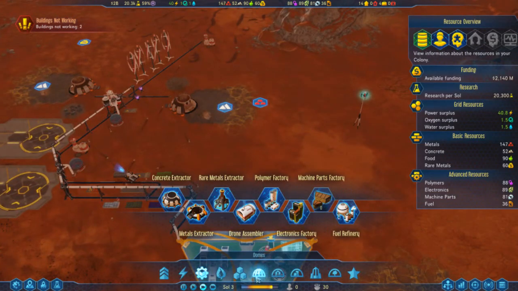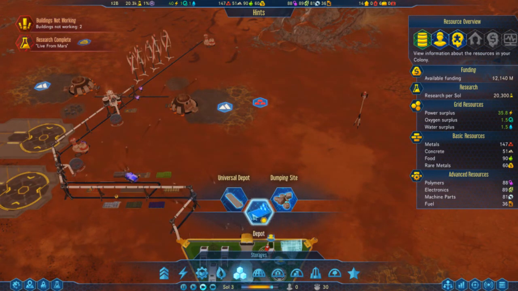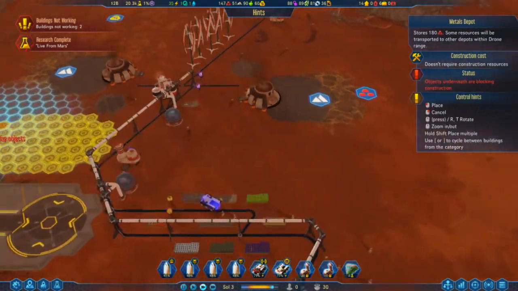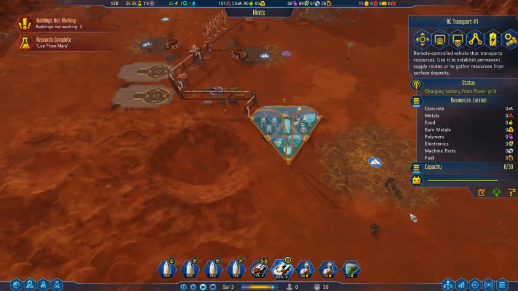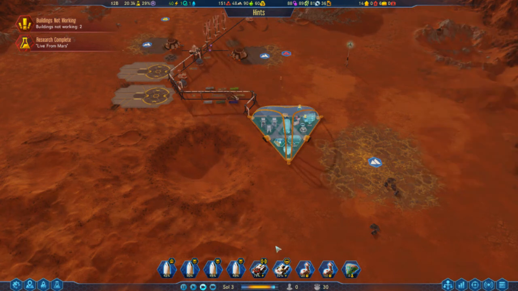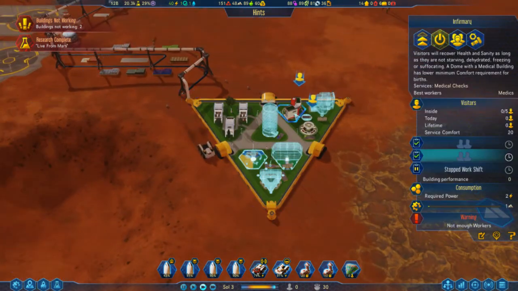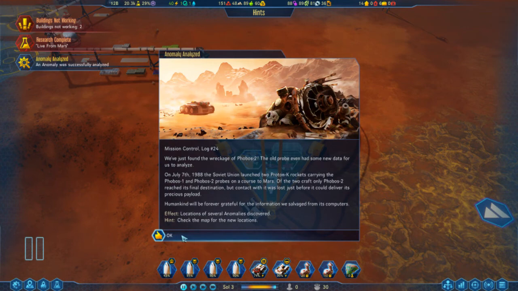Alright. Let's get another metal storage depot. Research complete. Live from Mars, great. Metal depot just sort of in the middle of nowhere, doesn't really matter too much where it is to me. Perfect. And yeah, I think we're going to call this one an episode. We've done quite a lot here. I think this is going to be like...